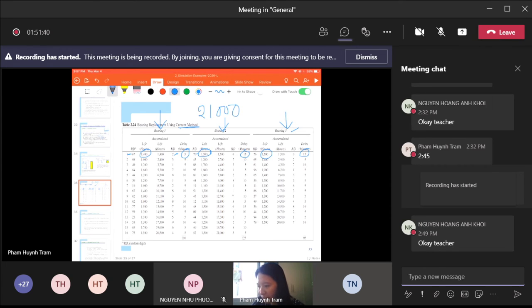Now, go back to bearing number 1. We already replaced it with a new one. The second bearing lasts for 1,000 hours. I generate a random digit and we got this number. So after 1,000 hours, the second bearing 1 fails. Now we have to monitor the simulation time here. The first one already